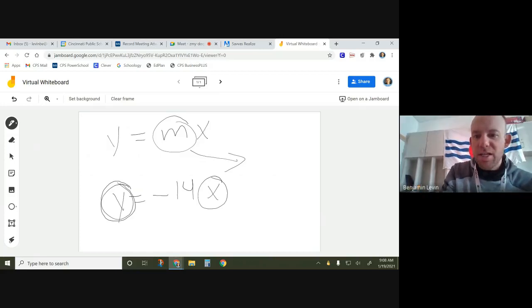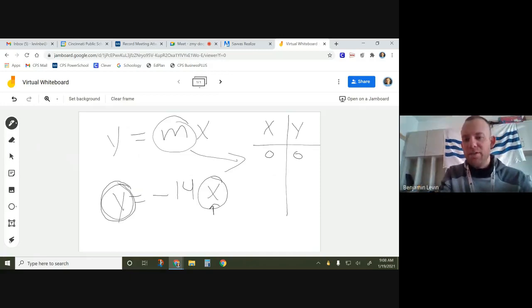You can make what's called a T-chart. When x is 0, y is 0, right? Because 0 times negative 14 is 0. When x is 1, 1 times negative 14 is negative 14. When x is 2, 2 times negative 14 is negative 28. When x is 3, 3 times negative 14 is